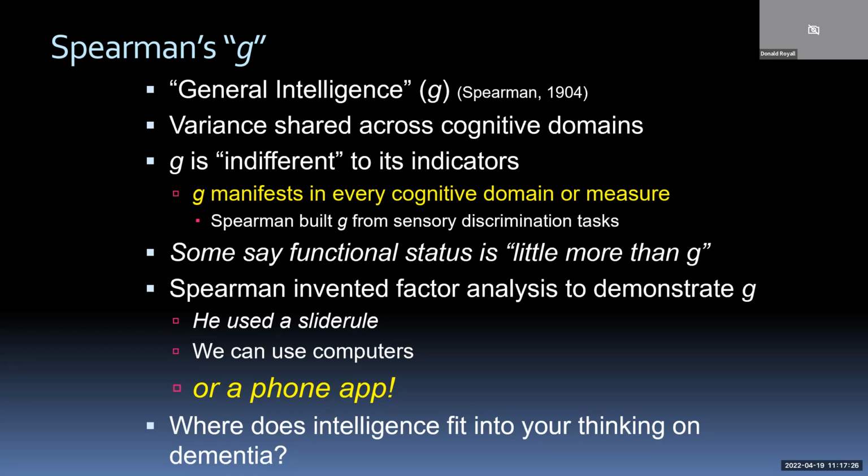And so I'll ask this rhetorical question: where does G fit into your thinking on dementia? Have you ever seen a single presentation at ICAD or CTAD on G and its association with dementia-related biomarkers or treatment effects? And if you're not using this well-validated, really foundational, seminal neuropsychiatric construct in your clinical thinking on dementia, I'm suggesting that you're flying blind. You're missing something really big about how cognition can be related to functional status and therefore how we can understand dementia.